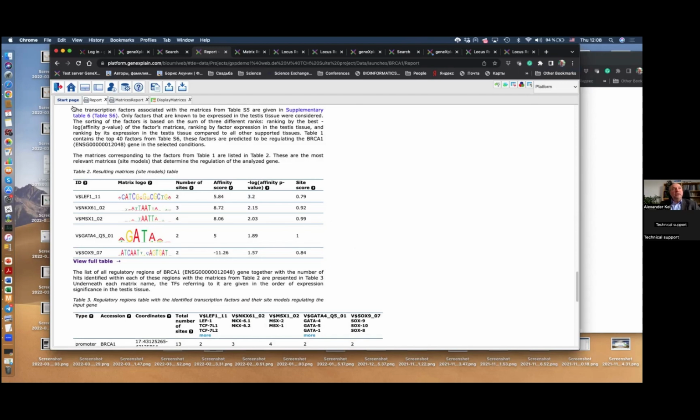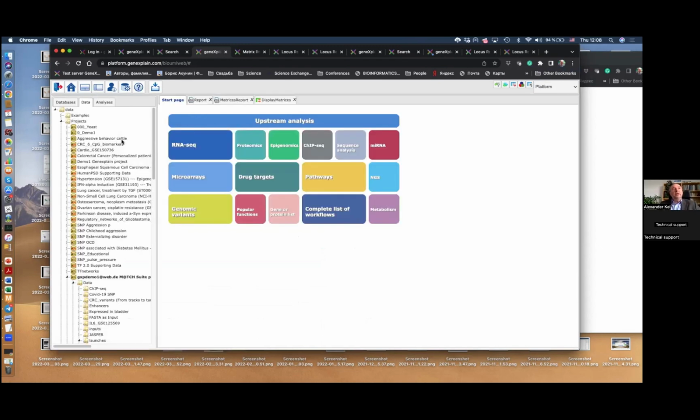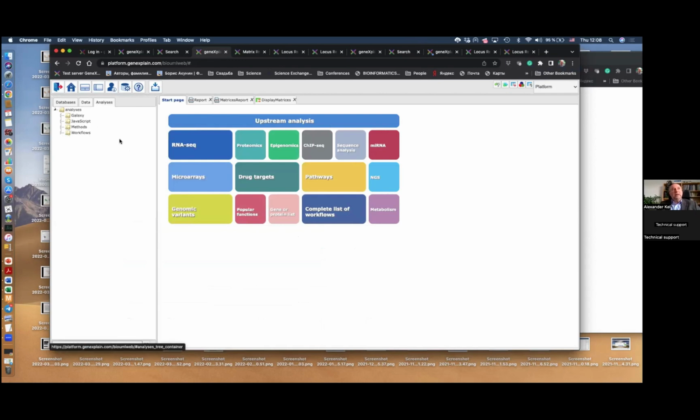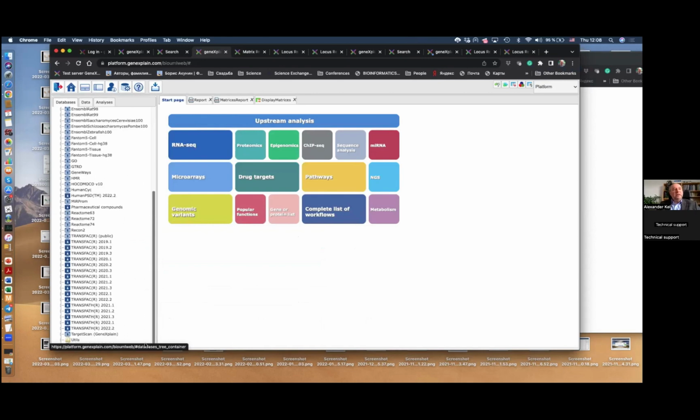So it will change, in fact, your view. You see that it's changing completely the view of the interface of that tool, and it gives you access to many different pipelines and also tools. And here among the tools and the databases, you can see, for instance, your question was about cell type specific analysis, and here we have